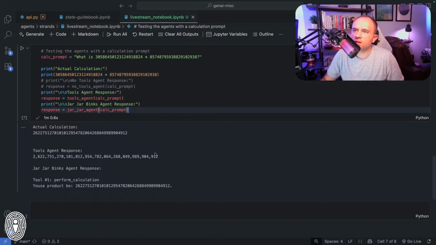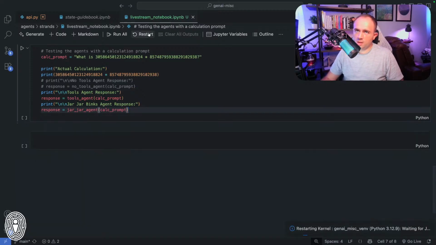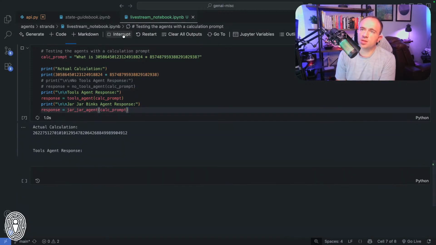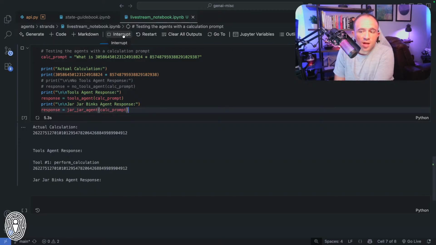Okay, so that is the correct calculation, but it didn't use the agent. So let's try running this a third time, just to see what happens. All right, so it looks like this time it is using the tool. So this is again the inconsistency factor that I was talking about, and that's a major risk.